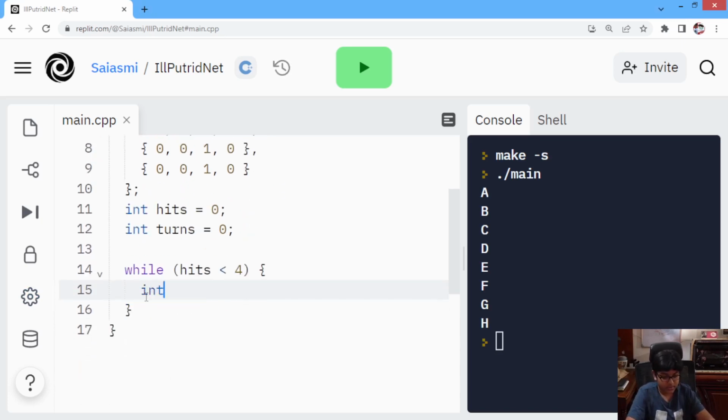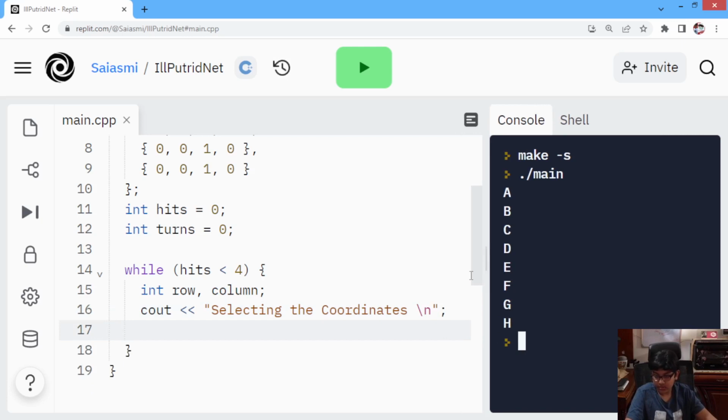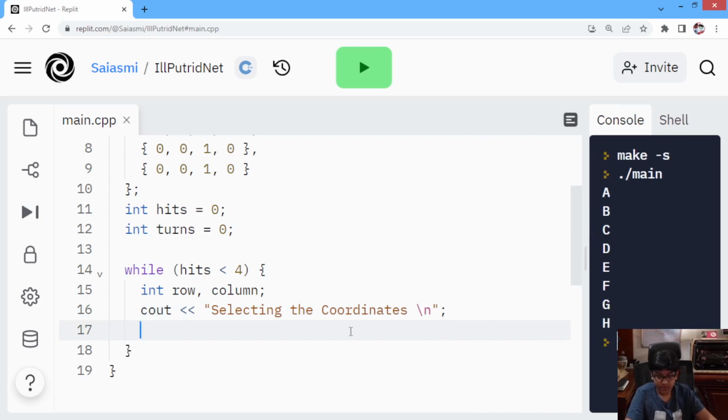we will initialize int row and column. So we'll set those default values to 0, so they both will be set to 0. We will say cout selecting the coordinates, right, and we'll say new line. So I'll just zoom this out. I'll make this big afterwards. Okay, so next we'll say cout